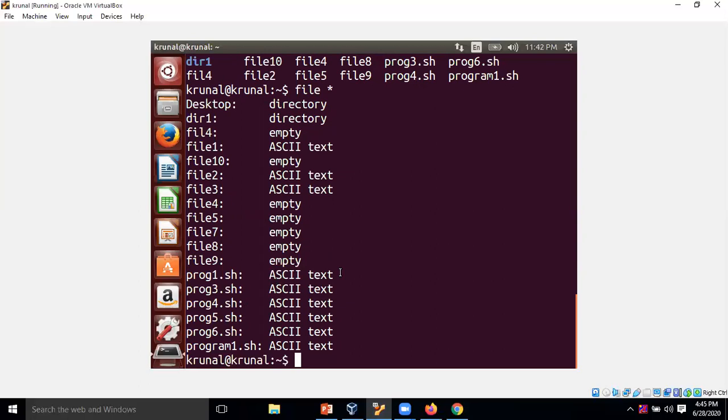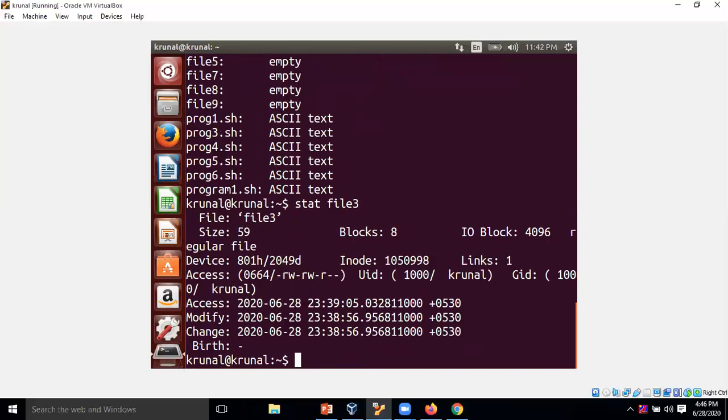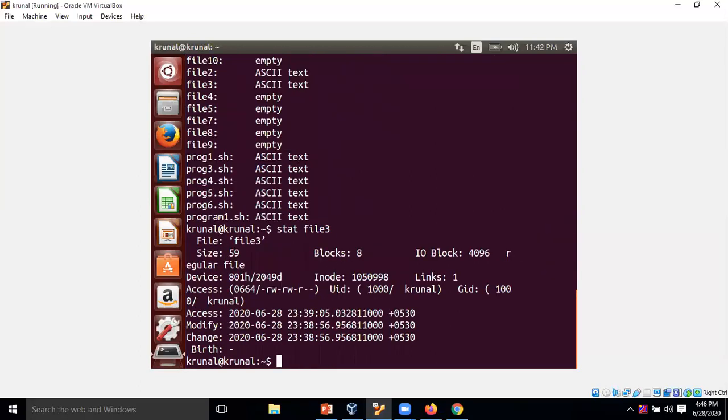Now the next option: suppose I want to see the status of a file, there is one command, stat file name. It's showing the file status.